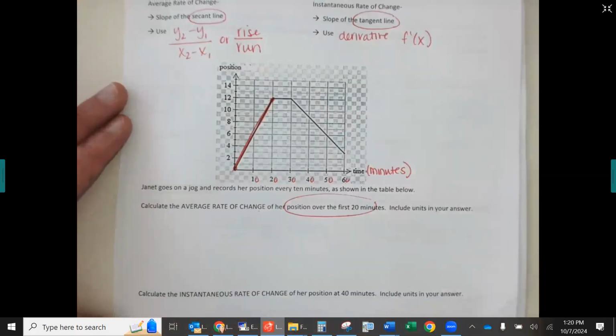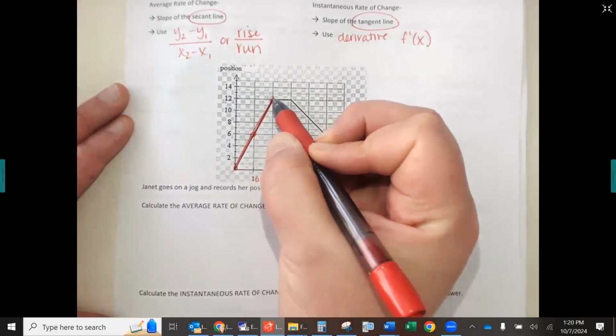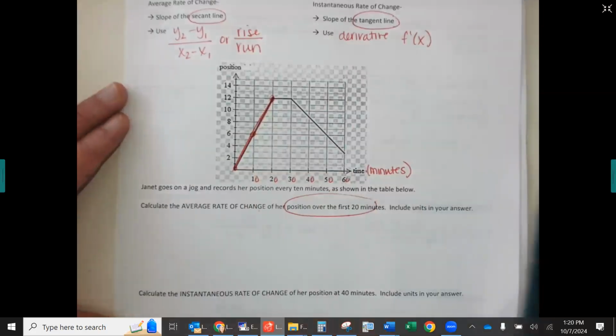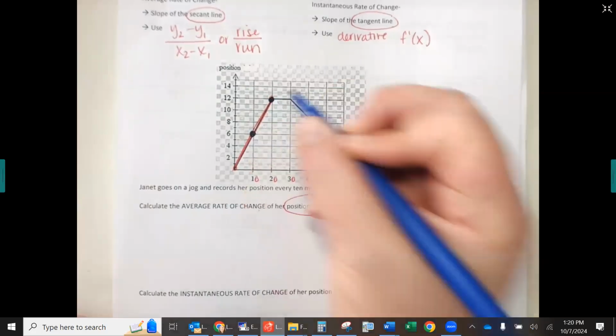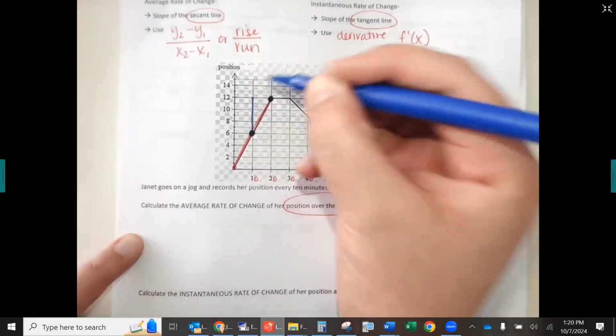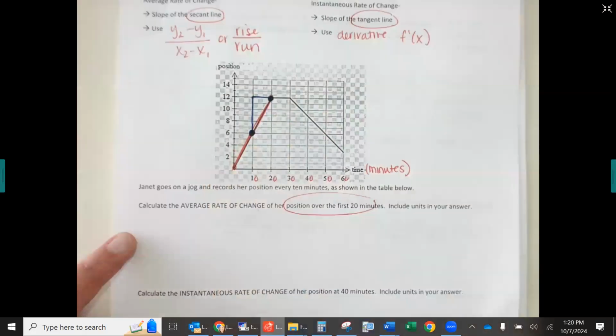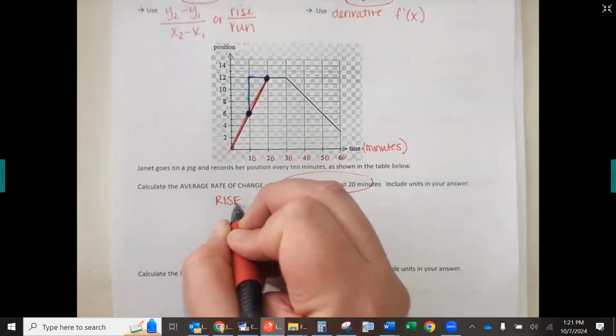And you should already know how to calculate slope. Pick 2 pretty points and then count the rise over run. So let's do that. Let's say I want to pick this pretty point and this pretty point. So these two right here. What would the rise be from here to here? 6. I'm going up 6 and then over how many? 10. Very good. So in question number 1, I want you to put rise over run